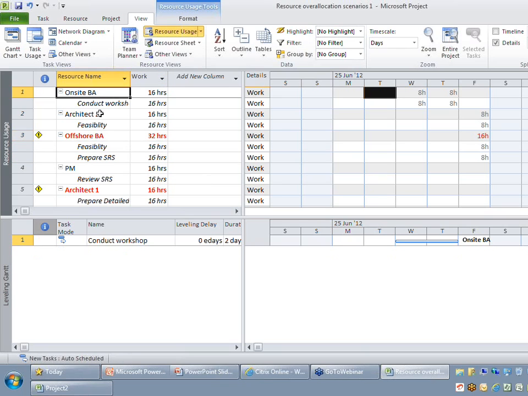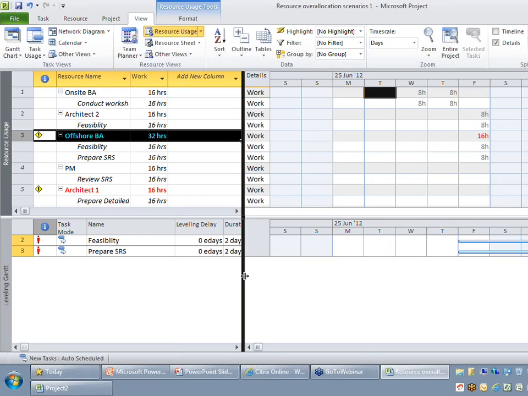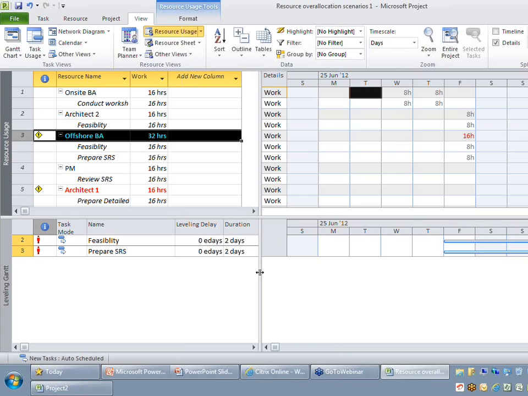When you select the rows on the resource usage, you might observe the leveling Gantt which is on the bottom also change accordingly. If I select row 3, you are able to find on my leveling Gantt the 2 assignments of that particular resource listed on the bottom. The purpose of making use of leveling Gantt is, though usage will provide you a numerical representation of the assignment, leveling Gantt will provide you a graphical representation of that assignment. Let's get into action and let's try to resolve this particular problem.